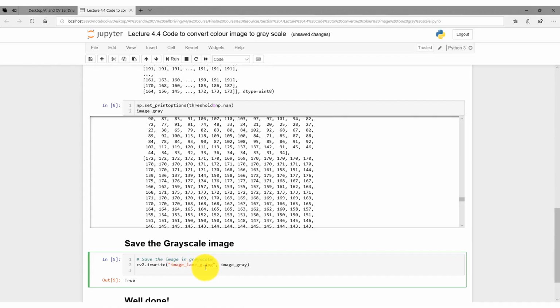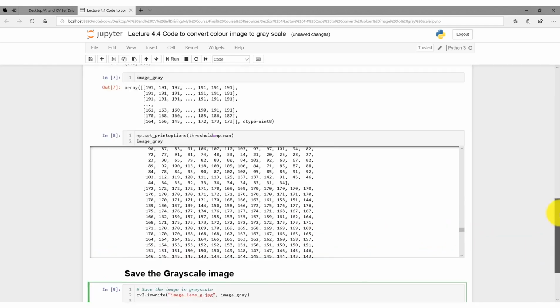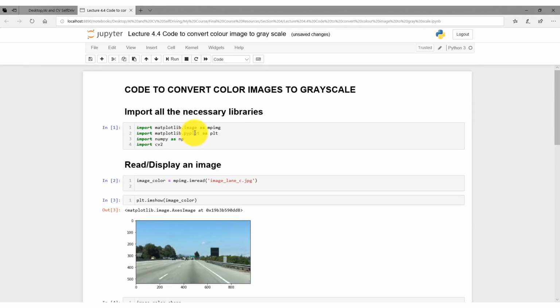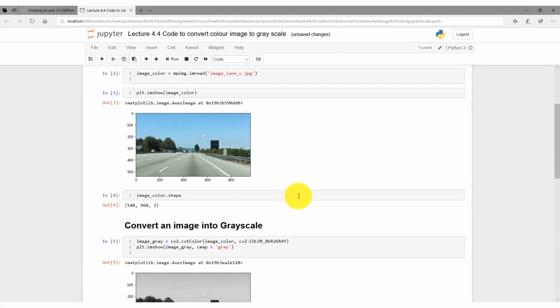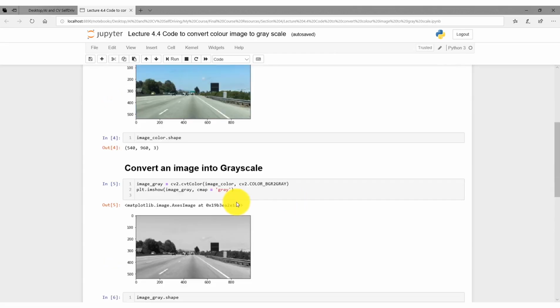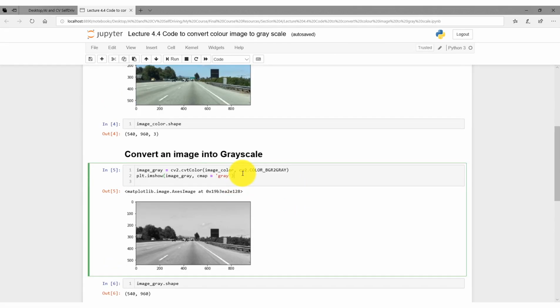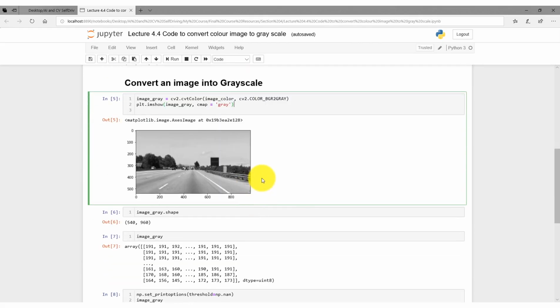All right, and that's pretty much all I have for this section. Just to recap, we know how to load a colored image. We know how to get the shape of the image. We know that a colored image consists of 3 layers. We know how to convert using OpenCV from colored to grayscale image, and how to take the actual gray image and save it as an actual image, which is perfect. Now I can take an image from the working directory, play with it, do something with it,